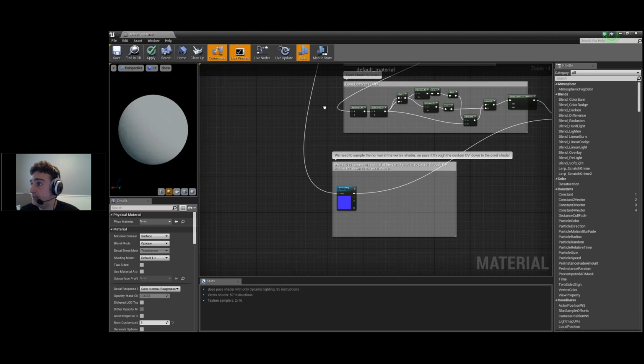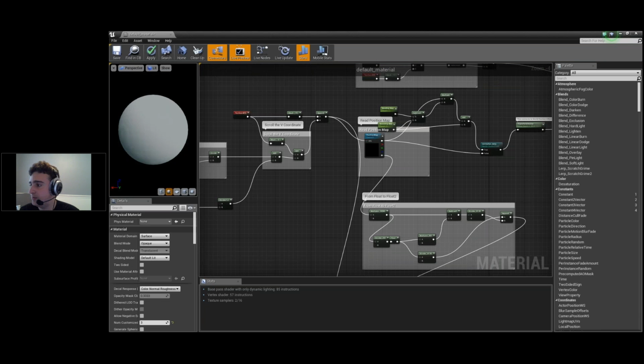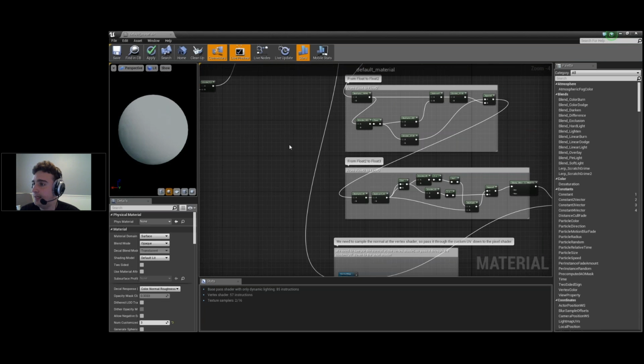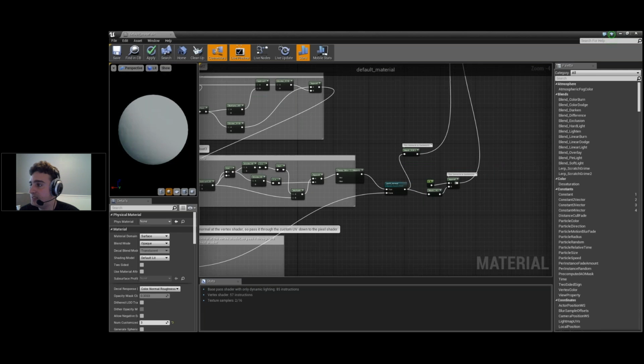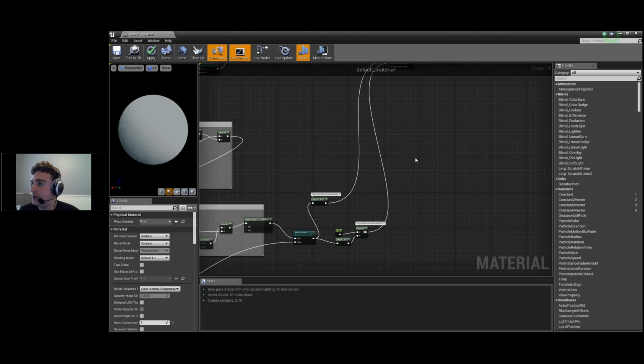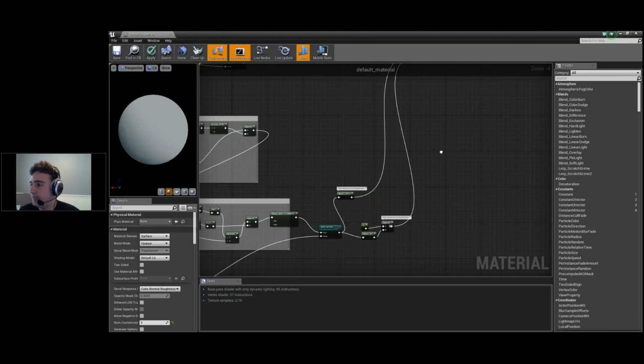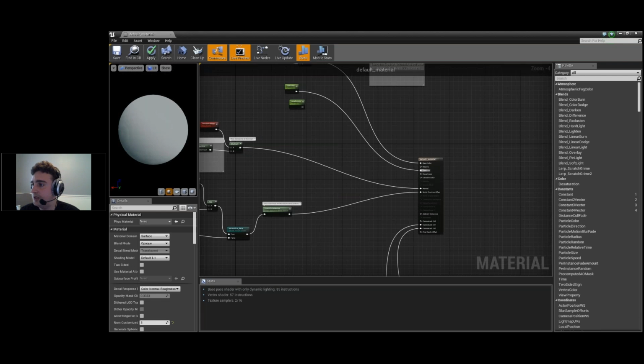So we use the same UVs, we sample the normal map, and then choose whether or not we're packing the normal. And then this is where it gets interesting. A lot of people, before I had these comments, would just take the normal map and funnel it into the normal. And then they'd be like, hey, Luis, that doesn't look right. What's going on? So this normal is actually evaluated on the pixel shader, and this world position offset is evaluated